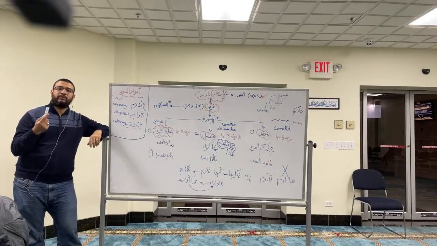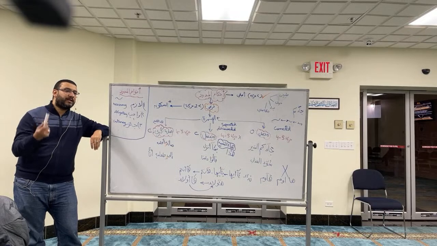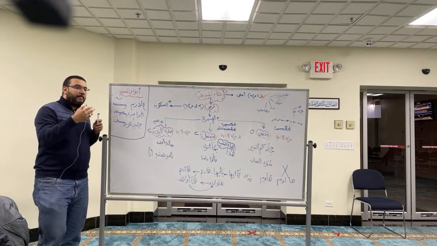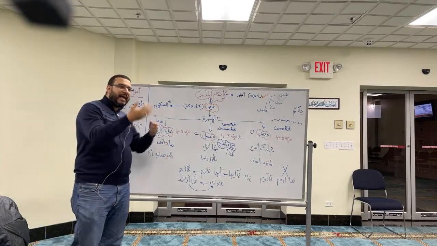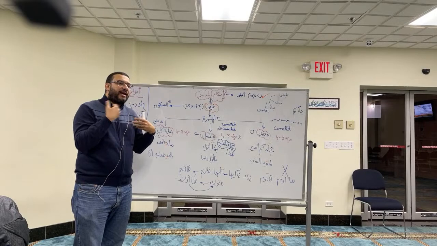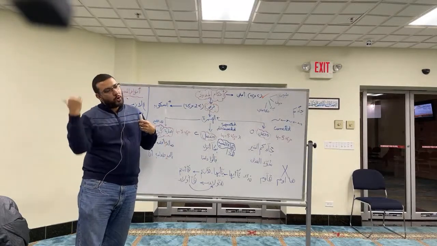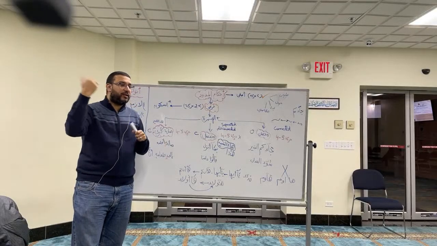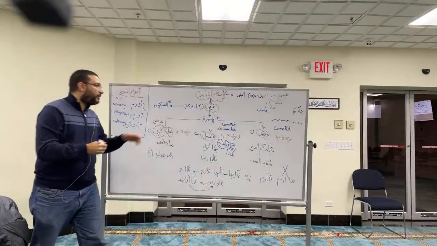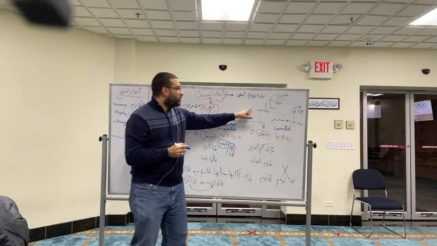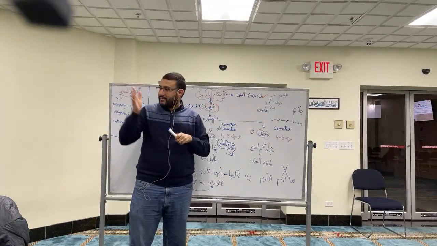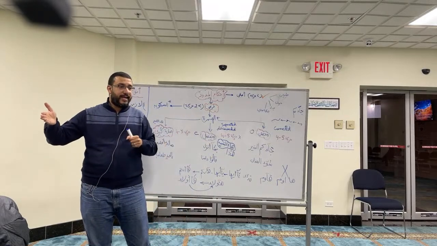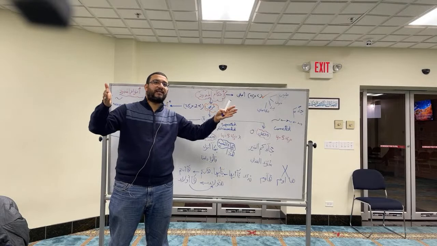Damir is a pronoun used for the singular masculine who's not here. So I'm saying, my money, Mal Ahmed. Rather than saying Mal Ahmed, I can say Malu. So the ha comes as a replacement for a singular masculine who's not here. Right? And we said that Sila Sughra is technically when you have a ha damir coming at the end of a word, preceded by a letter that has a haraka, and followed by the first letter in the next word that has a haraka.